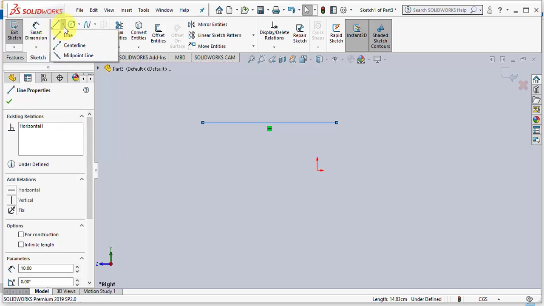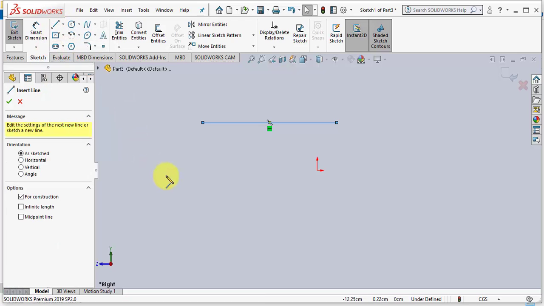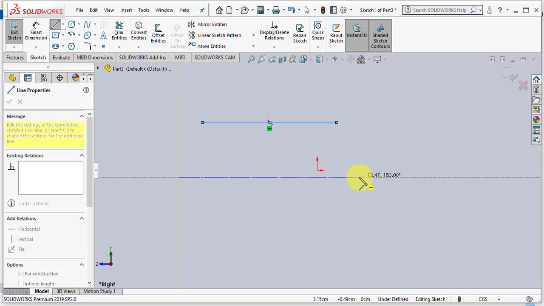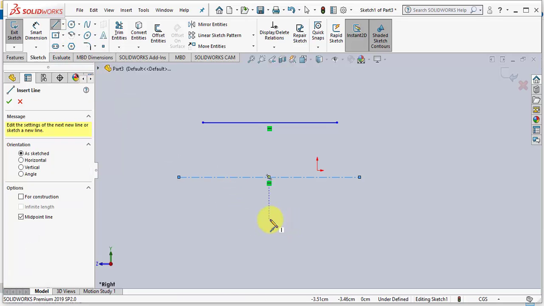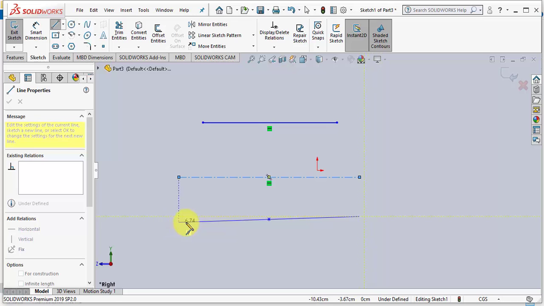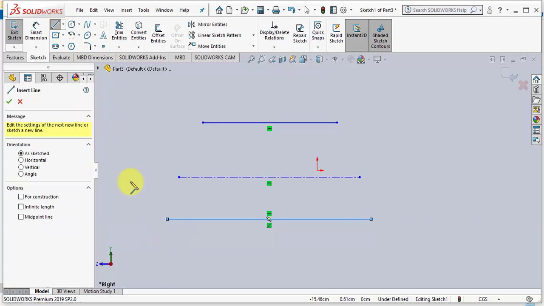There are also options to create center lines, and midpoint lines. To make a midpoint line, you click on the midpoint and then the line is extended on both sides of that point. The other options remain similar, like you can define them as construction lines, or you can create an